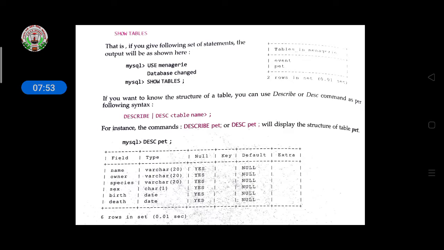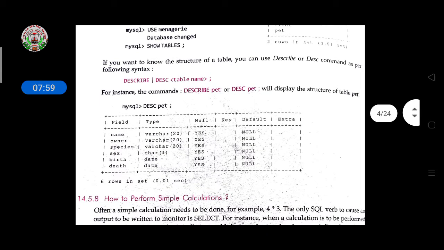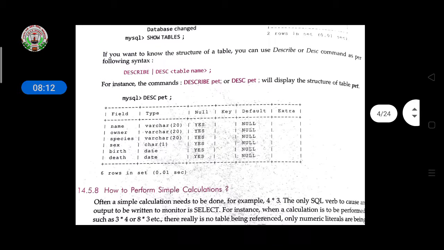So describe, or DESC, and then the table name. If you write MySQL describe pet, all the field names in the pet table, then their data type, the null value if you mentioned, the default value, or extra if you had given, all will be displayed like this.